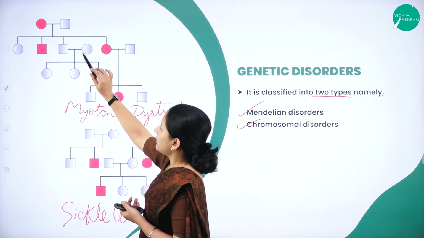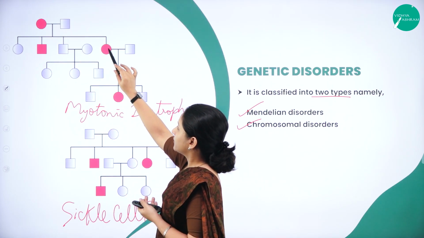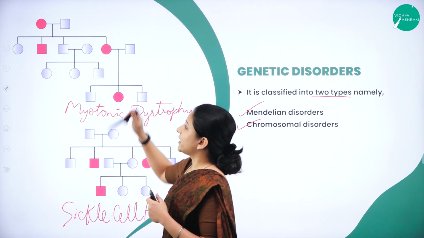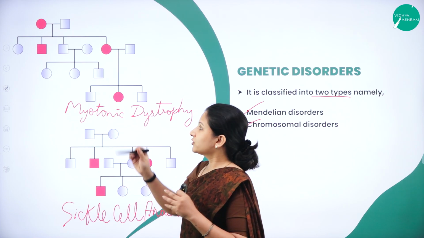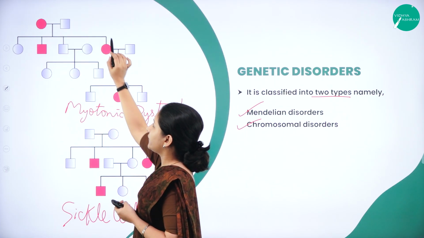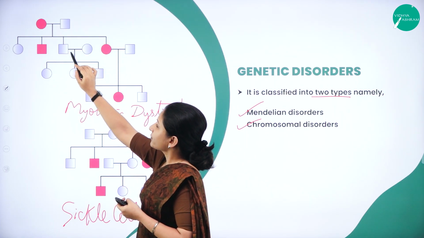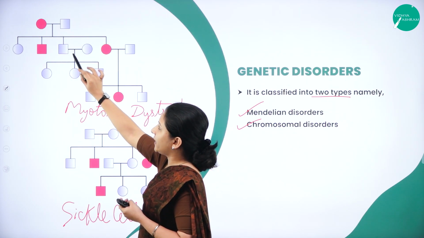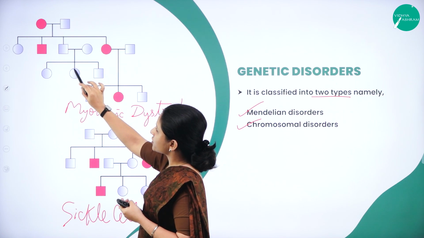And the female may not have the disease, and again here a female child may develop the disease and the male child may not develop the disease. So this is the pedigree chart that we have got till here now. Now the normal male and the female have mated. So how will the resulting progeny be?